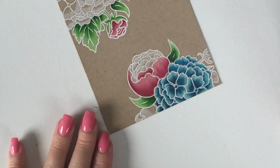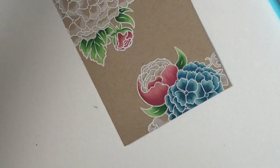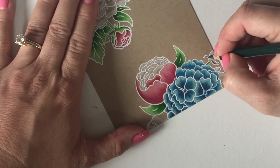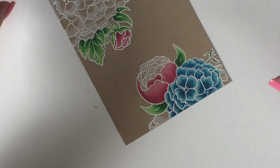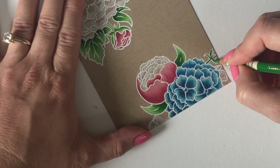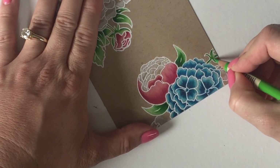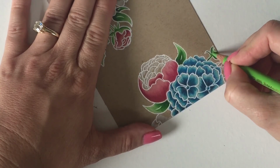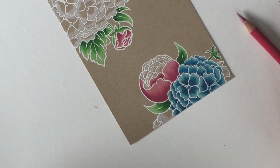White embossing powder is so important that you do not cover it up with a Polychromos pencil, because it will not come off. It will stay on. If you go over that white embossing with your pencil, you will lose that beautiful image. Another key tip: if you hit your pencil against the white embossing powder after it's been adhered and created a beautiful line, you might lift it up and peel it off. So make sure that you're very gentle around those edges,